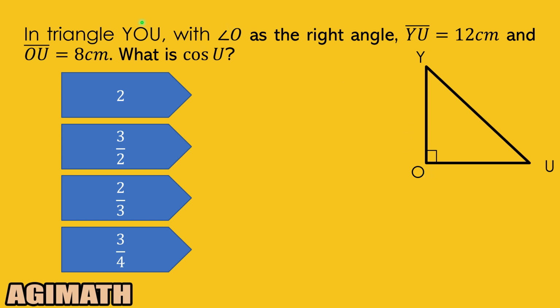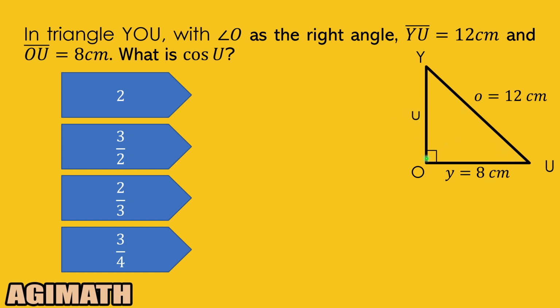So usually what's in the middle, that is the right angle. Now, YU is equal to 12 centimeters. So, this one. So, YU is also side O. So, that is equal to 12 centimeters. And OU is equal to 8 centimeters. So, we have 12 centimeters and 8 centimeters. And then, this side,